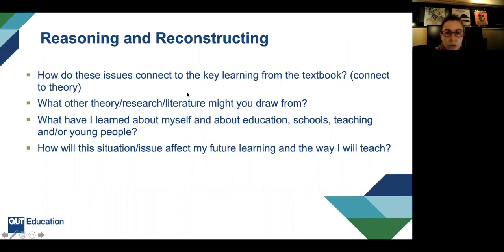All right, so we're going to move on now. We've nearly finished, but we're going to have a look at the reasoning and reconstructing, the final 2 R's. So as we saw in the worked example, there were very clear links to the unit material in the reasoning section. So this is important. So it shows that you've engaged with the unit material. So the student had also drawn out some other scholarly research to support conclusions. So that's not completely necessary. That's up to you. But as I said before, you need to be conscious of your word limit.